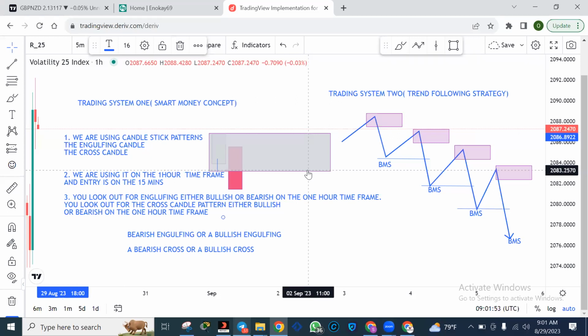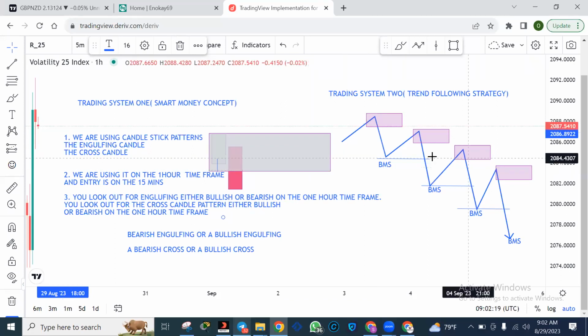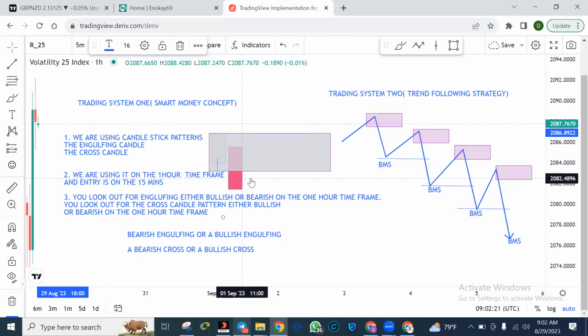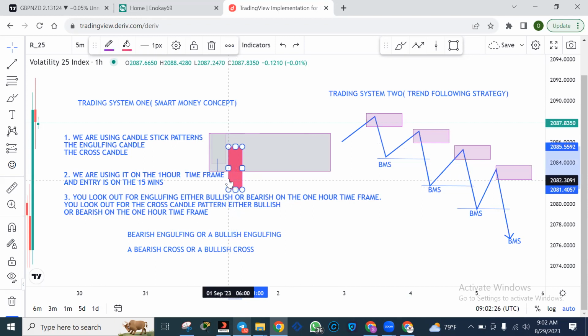Then we also said, apart from the bullish engulfing and the bearish engulfing, there's another candle pattern which we look out for, the bearish cross and of course the bullish cross. These are patterns that favor the smart money concept because they naturally sweep liquidity, okay? And then we say as much as these candles need to show, it also needs to break a structure such that we have here. So if we have this candle here, for example,